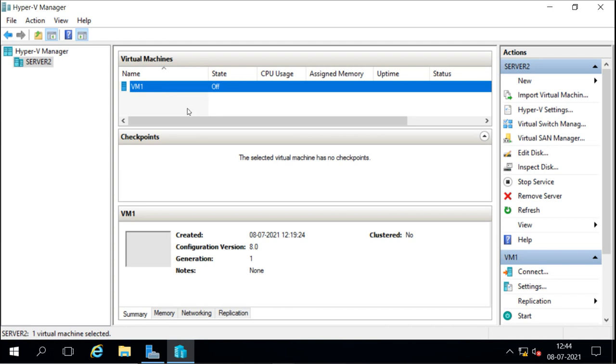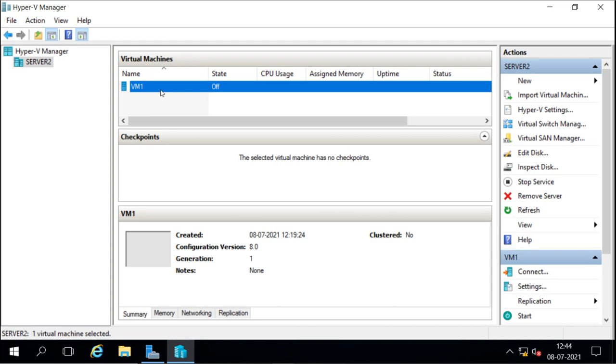And if the main machine goes down, or if something happens to our main machine, then we can run this machine from here so that it can take over the virtual machine configuration. So users will get the virtual machine from here if we lose the main machine.